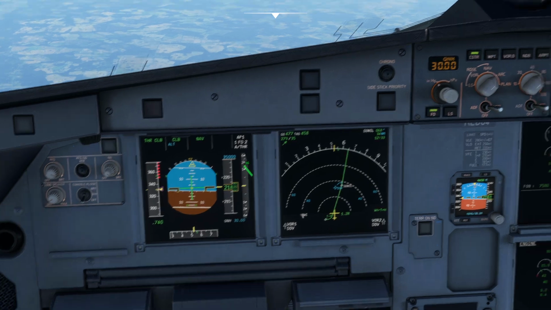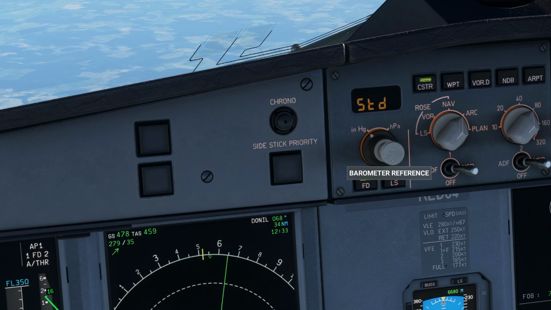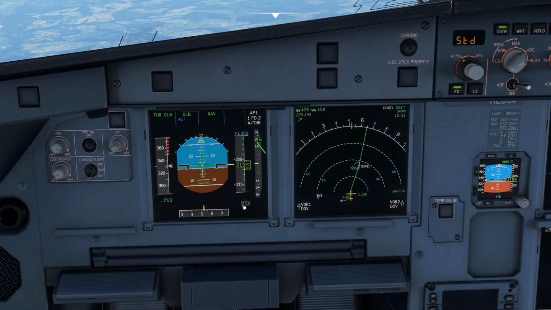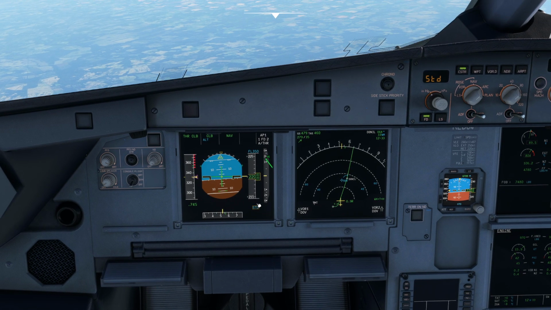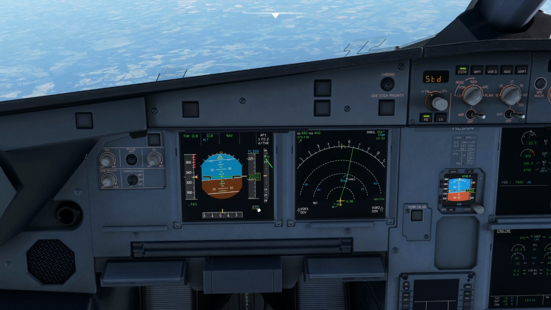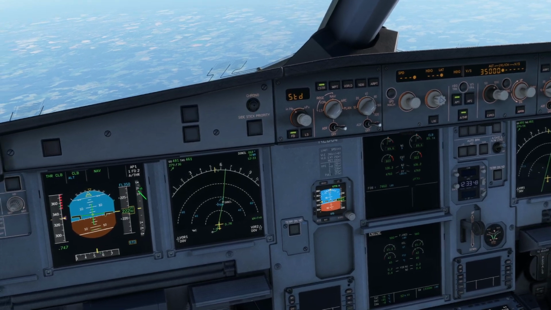Now, one of the cool things is if you look real carefully at the altimeter here, you'll notice this is pull standard. So if I pull it out like that, it'll automatically snap to standard mode. That doesn't mean that we've manually set it. It just means we put it to 29.92, and we're on our way. Now, as we climb, we're going to take a look at the different autopilot features